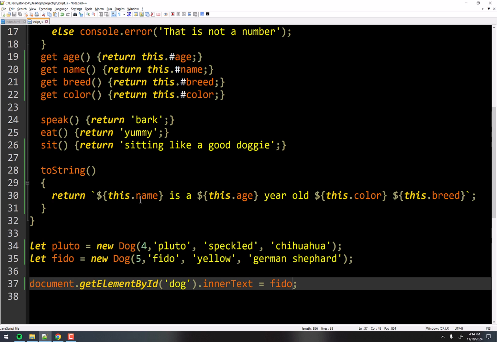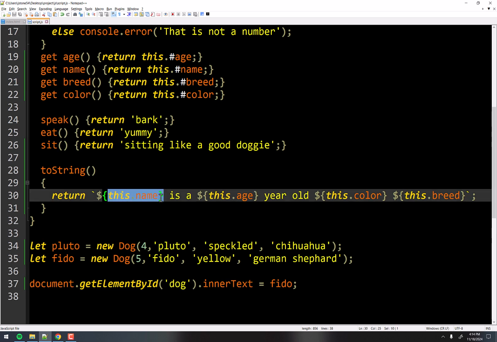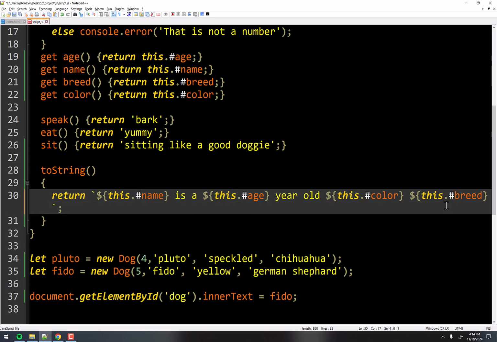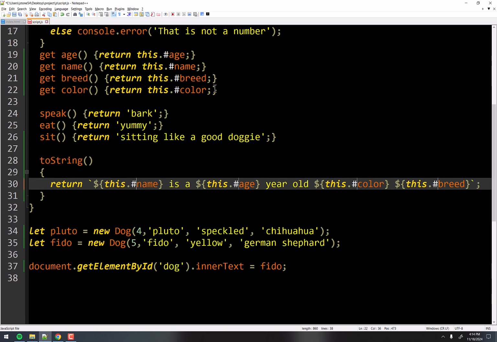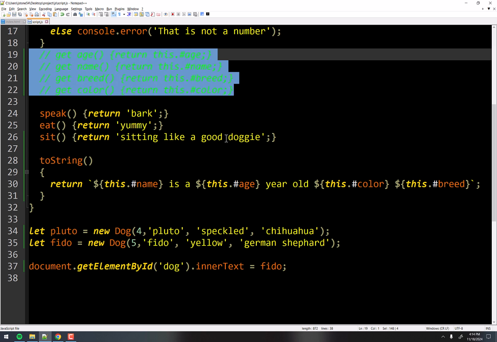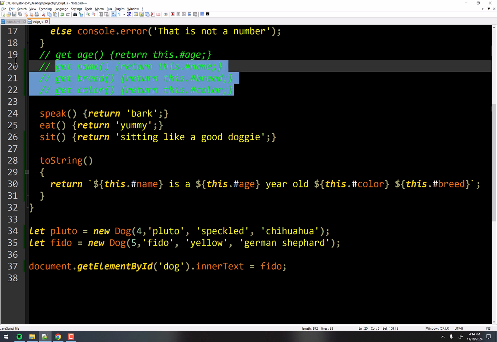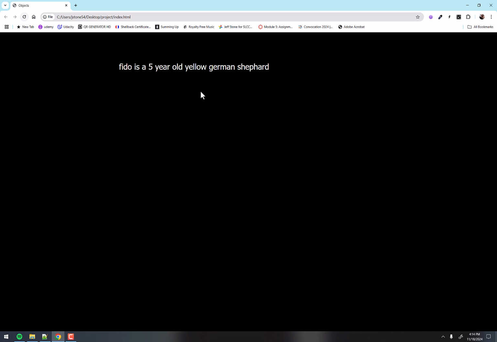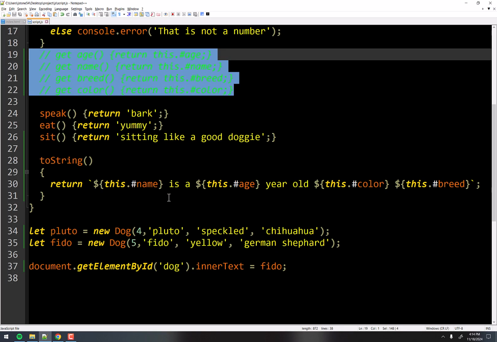Also note here, this is calling the getter, right? All of these that we used here are calling the getter. You can directly call the actual variable, the private variable, by putting the octothorpe there. And then let's just delete these, or I'll just comment them out. And so now these don't exist anymore, but this will still work. I just refresh it and nothing changed because it's still working. But doing this now, we're not actually using the getters anymore. We're using the actual raw variable.